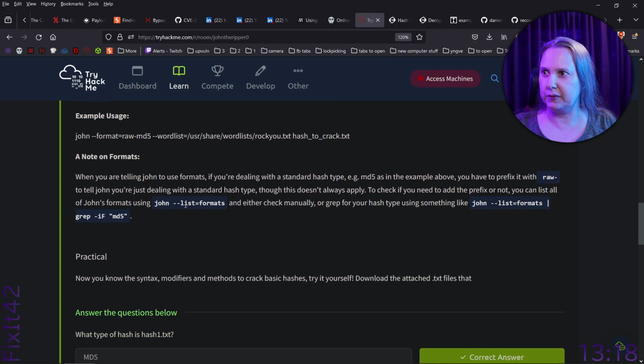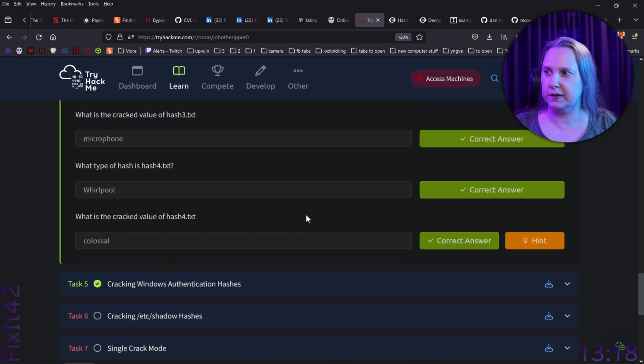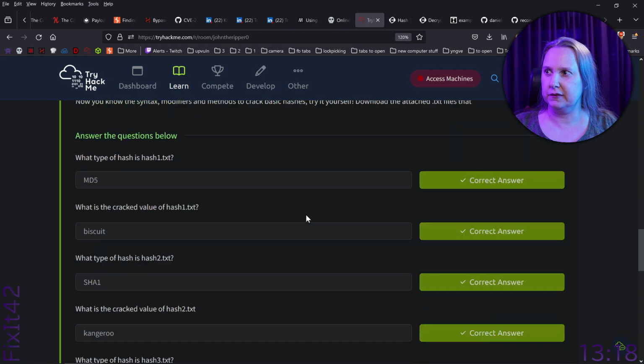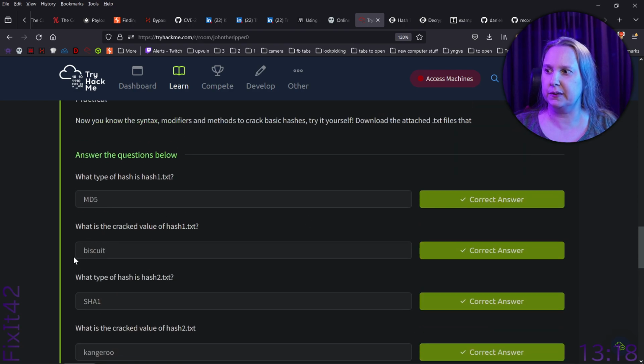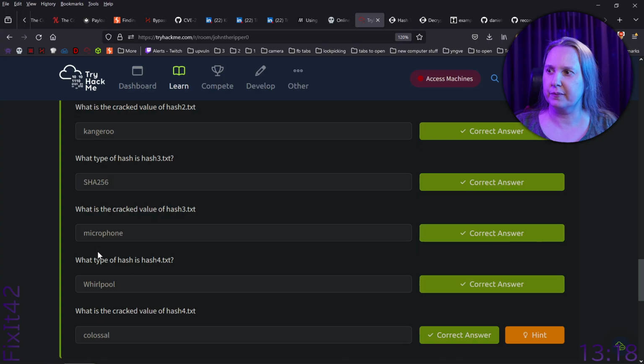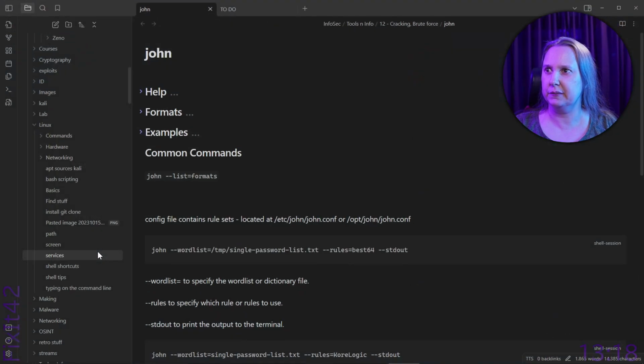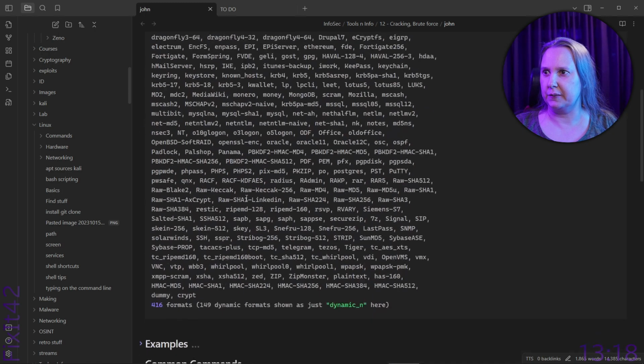We learned about the list formats, and we tested several hashes here, and we had to set the type. And then we searched in our list for the format, so we knew exactly, like for MD5,